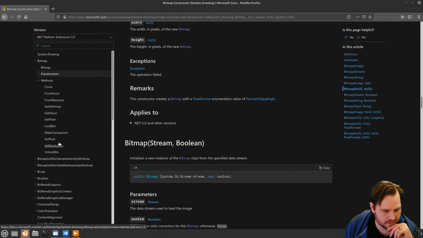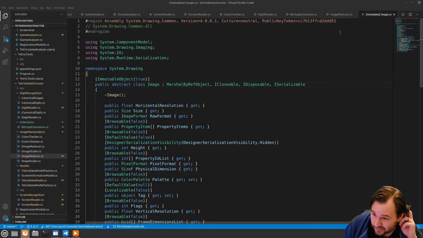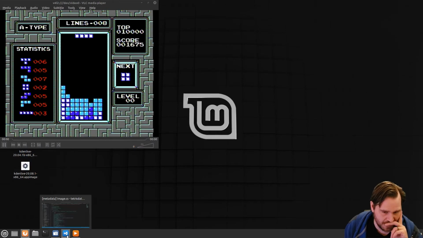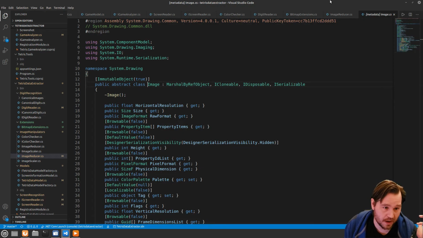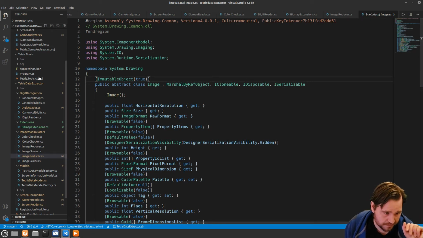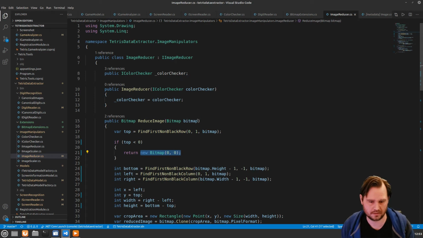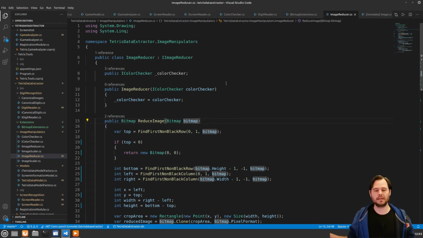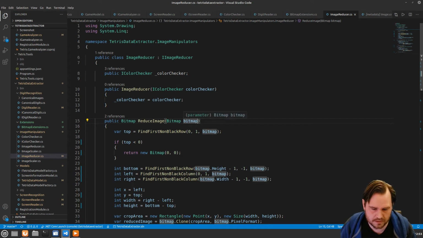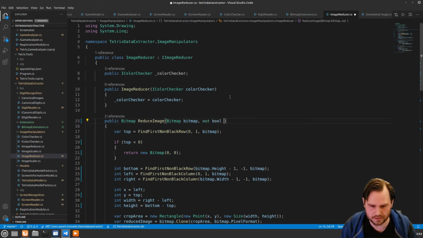I think somewhere there's going to be a... you can't set this equal to 0. Okay, that's too bad. And that's what the option class is for, and functional style programming. Unfortunately, we don't have any functional style programming in this game analyzer right now, which is something that we may introduce in the future. So what I'm going to do instead is we're going to make an out parameter, out boolean